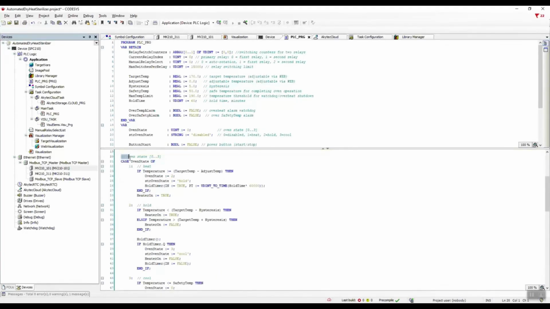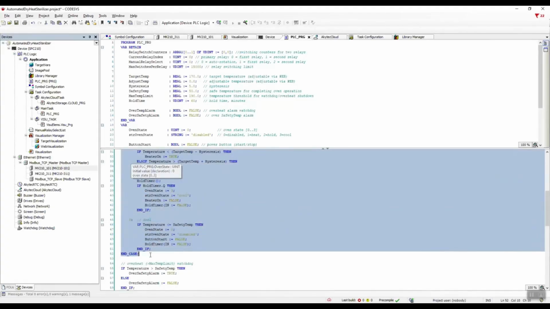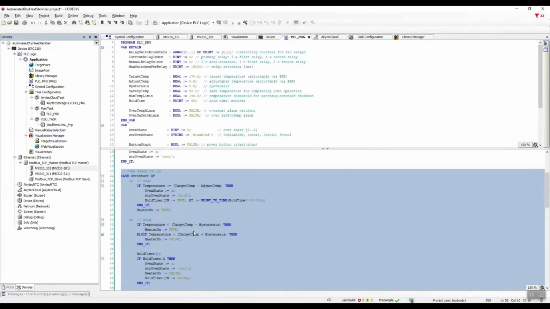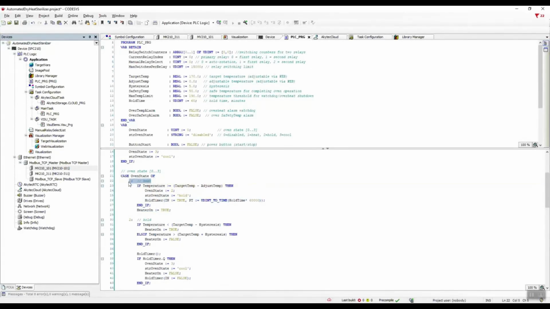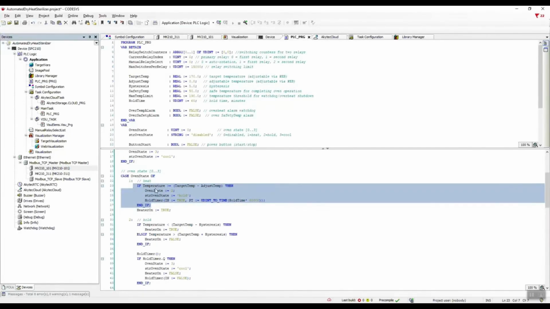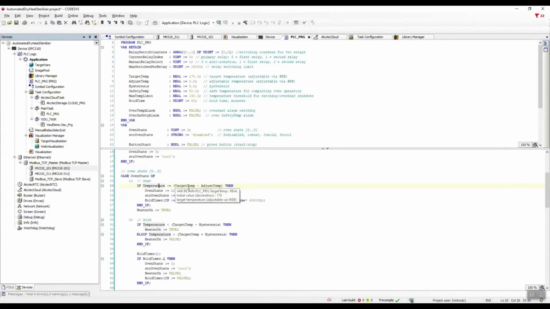The next block of conditions is a case statement, which is a variation of the if statement. The first condition of the case statement: if the sterilizer is in the heating state, then we check the next condition. If the current temperature is greater than or equal to the holding temperature, then we switch the sterilizer to the temperature holding state and start the timer for the number of minutes set by the user.